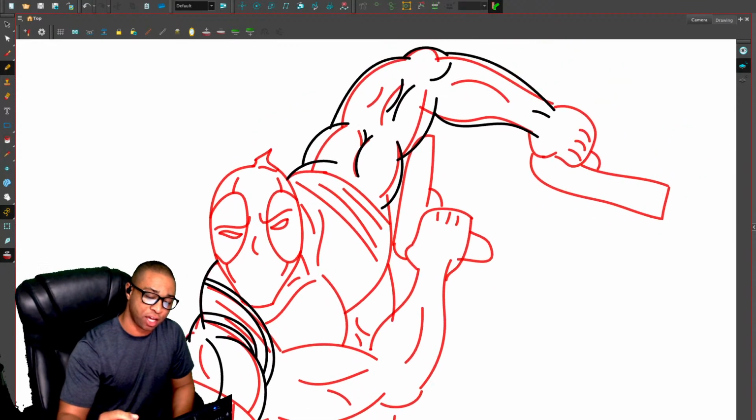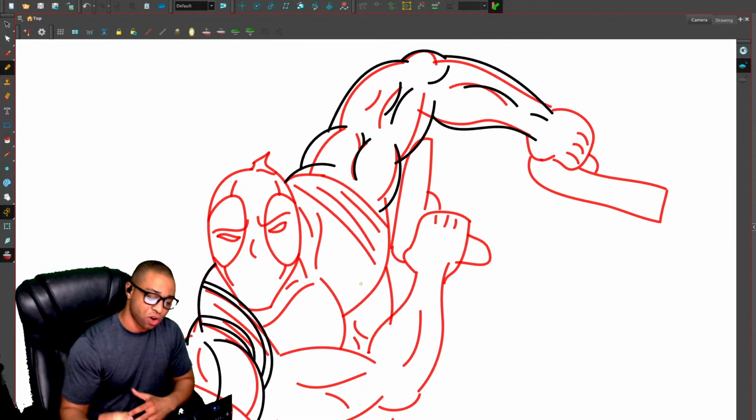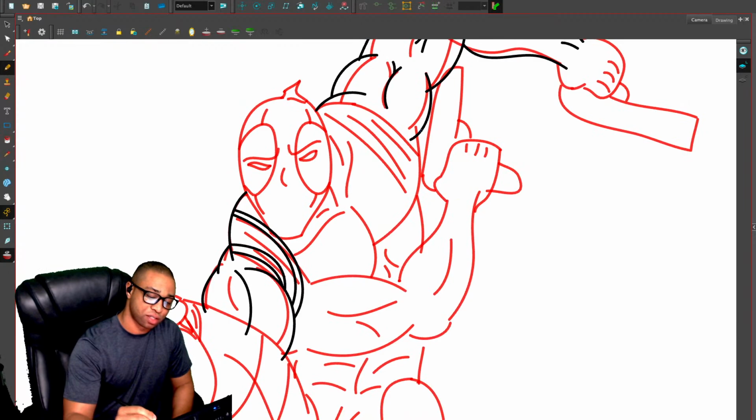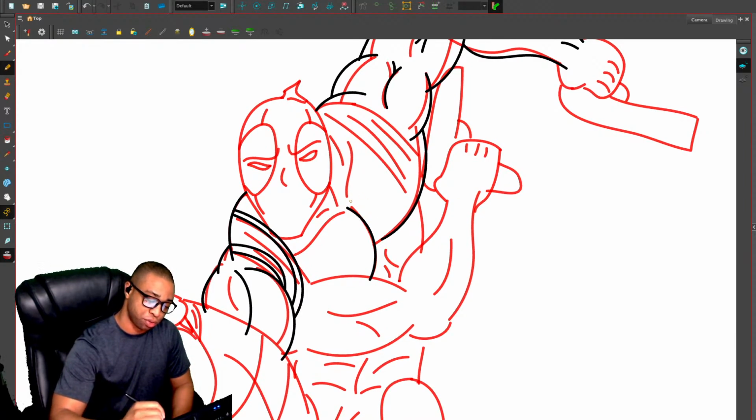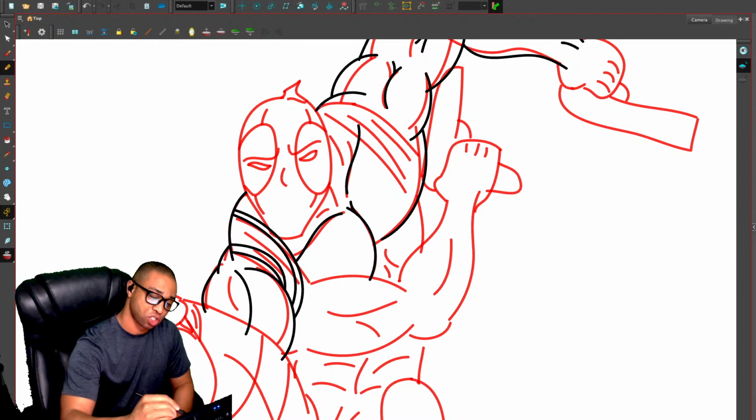We'll come back and do the hands. The hands aren't difficult, but they just can be time consuming when you're trying to really push through and get things done. Especially if you don't know how you want it to look.